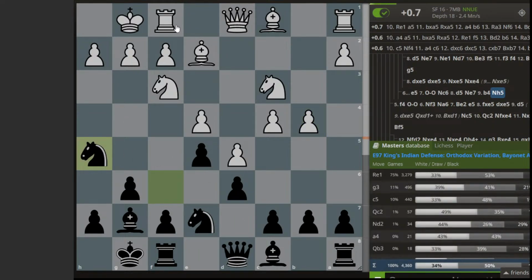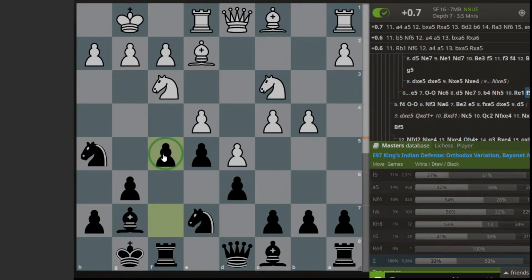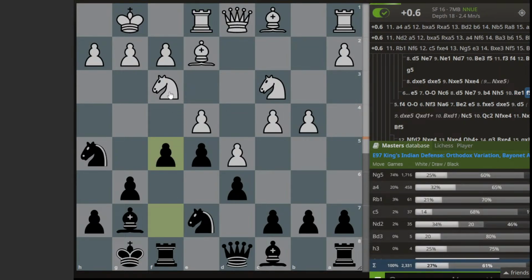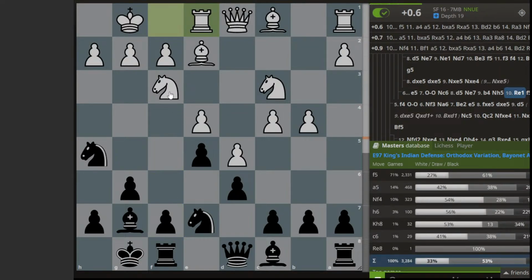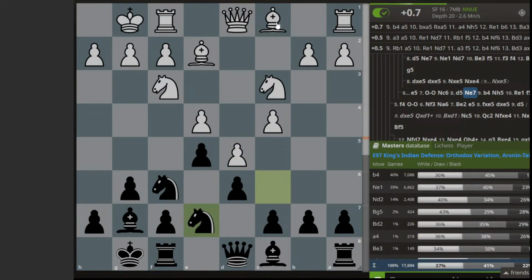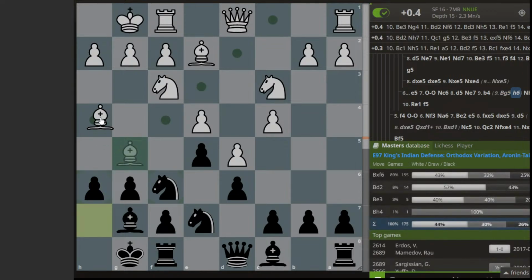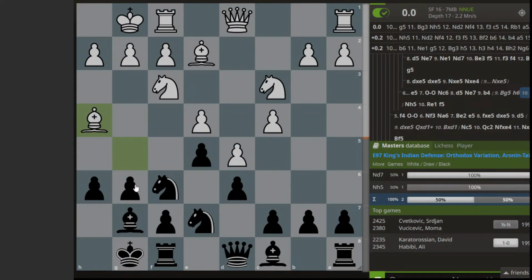Okay, then rook e1, and then you can open this one, possibly. So maybe at this point, after this, let's say white can try with this bishop, and then we can play this h6, white goes back, let's say, and